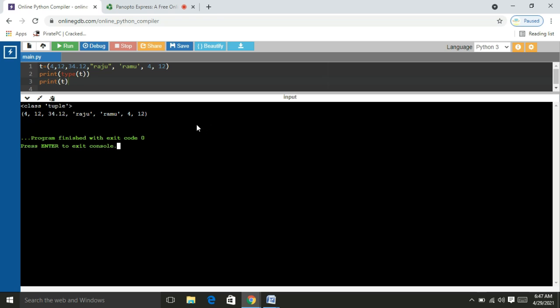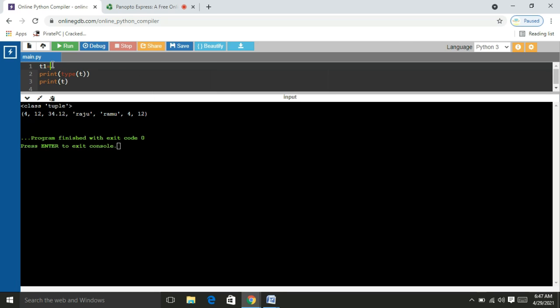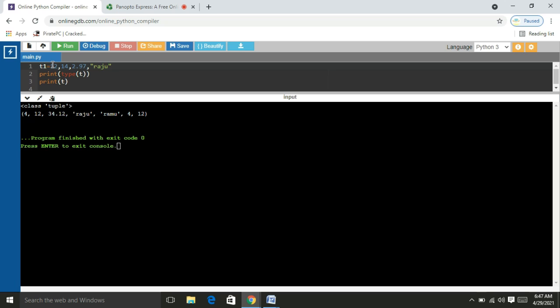Now I am going to create the tuple T1 in a packed manner. T1 equal to 12, 14, 2.97, Razu. Now I run this one.